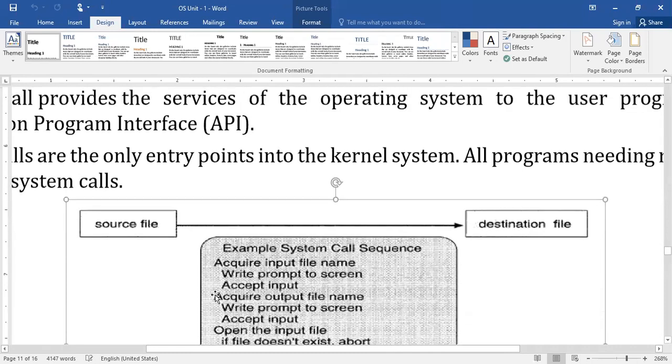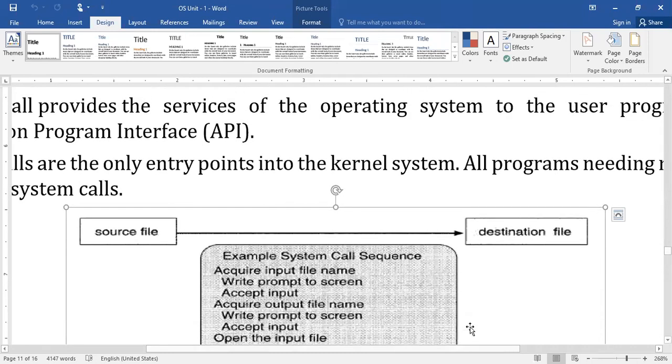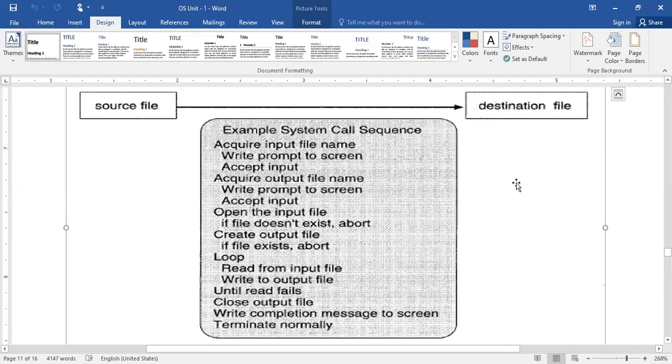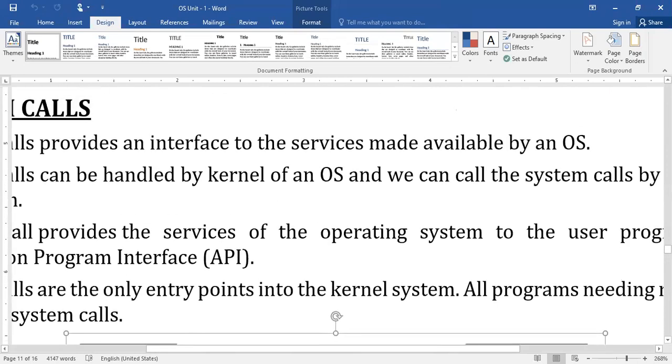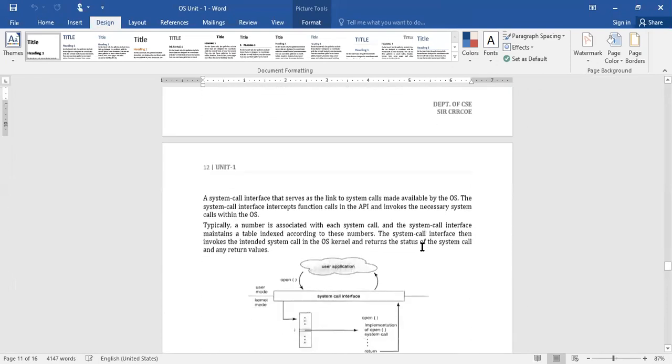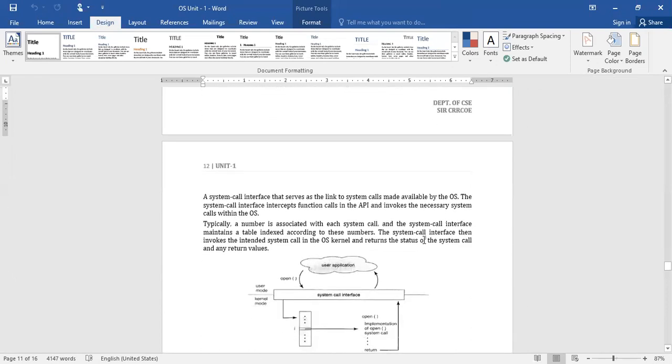Similarly, while copying into the destination file, there also memory management is used. In such a way, whatever service is provided by the operating system, in order to use it in your program, one should use system calls. Hope you are all clear at this moment.